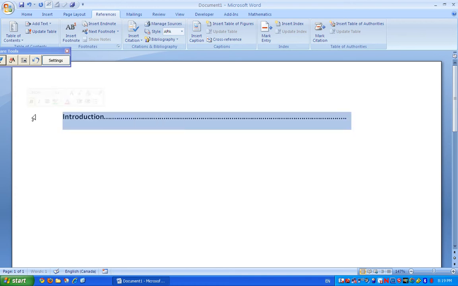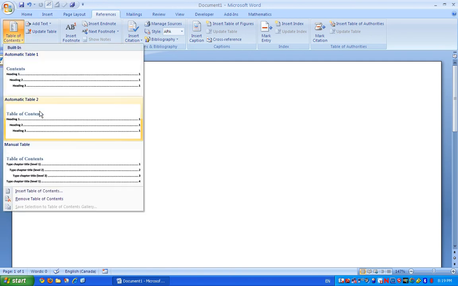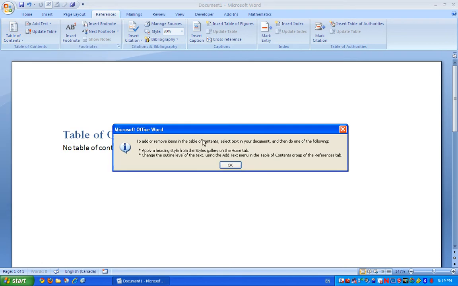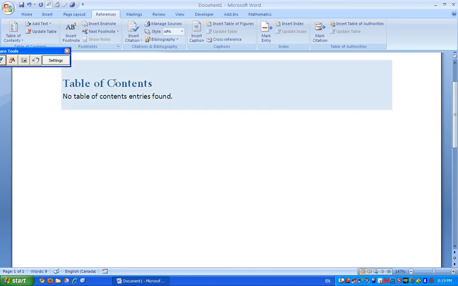So what we'll do is first click on the References tab, click on Table of Contents, and you have a few options here. I typically go with the second one, but either the first one, the second one, there's not much difference except for the name of the table of contents. So what we do now is it creates this kind of an automatically generated field up here, and what we're